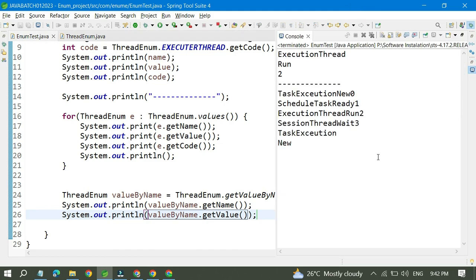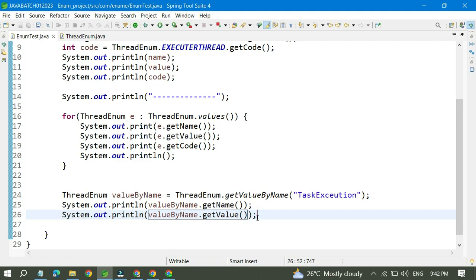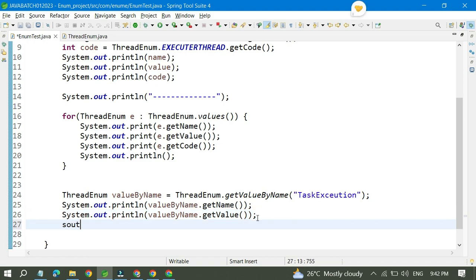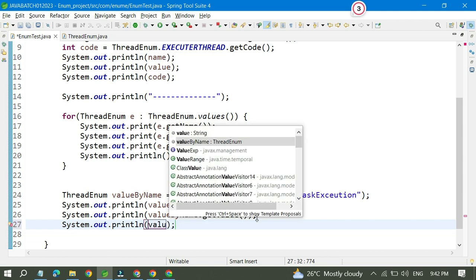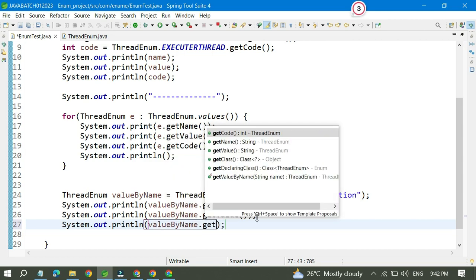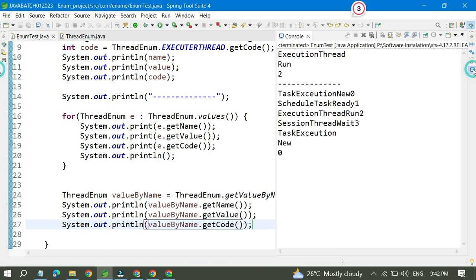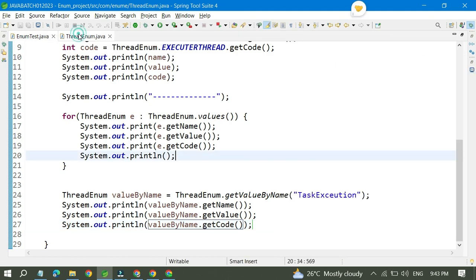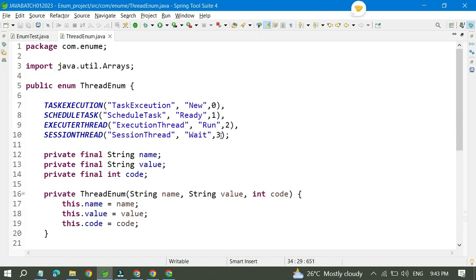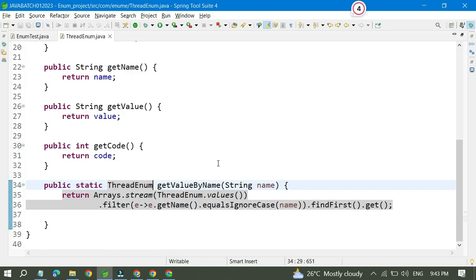Now it's returning the task executions. Now we are getting the correct value, and if you print the same thing, s out, what is the code, so value by name dot get code, let me run one more time. If you see here, we are returning the task execution new or 0. Go to the enum, task execution new or 0, but while giving the name,